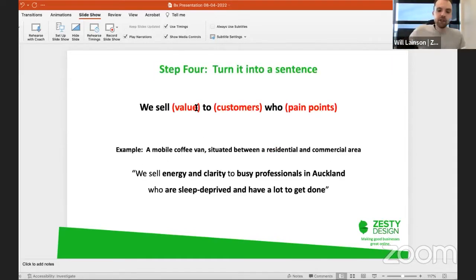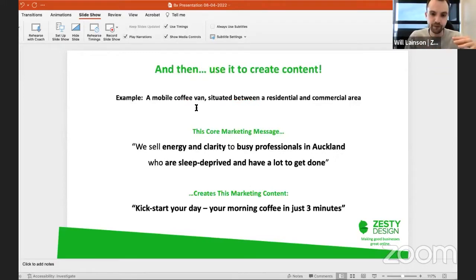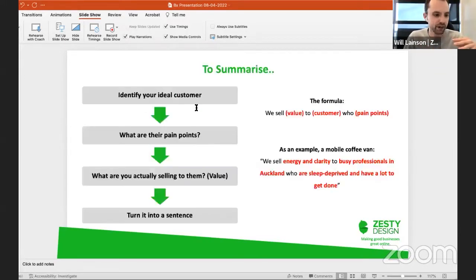Now, once you have those three things, so who your ideal customer is, what their pain points are, and what value you are adding, this is how you create your core marketing message. You turn it into a sentence. I'll show you a bit of an overview because we don't have the worksheet. But once you've identified your ideal customer and got their pain points and identified what you're actually selling to them in terms of the value,